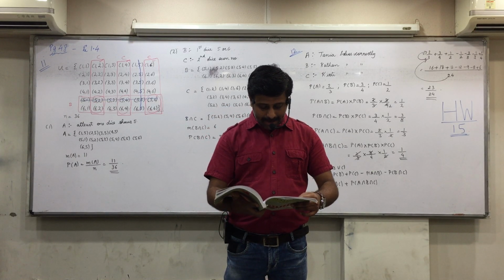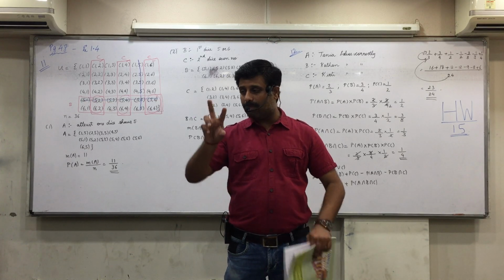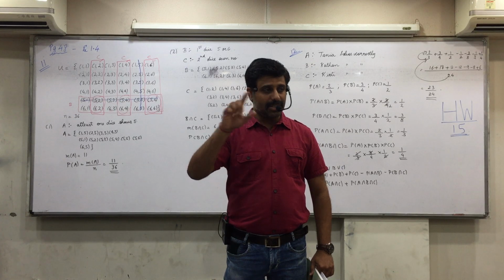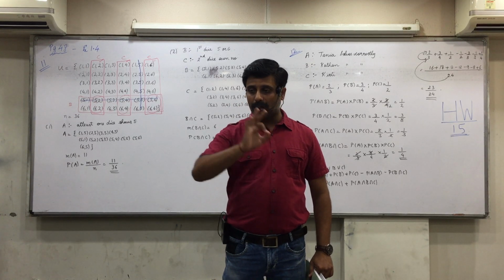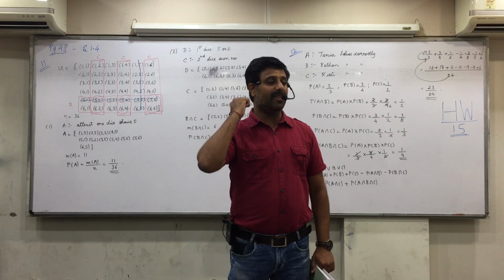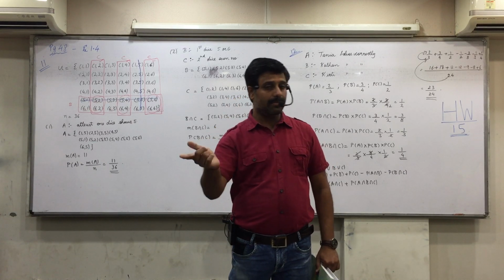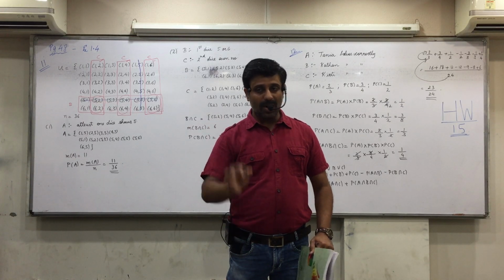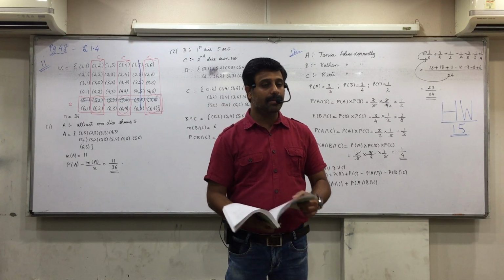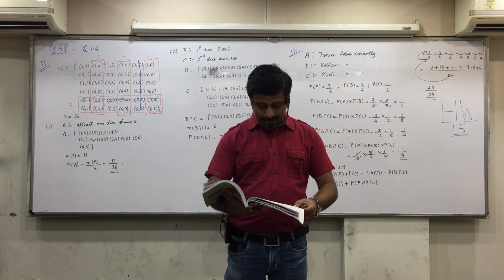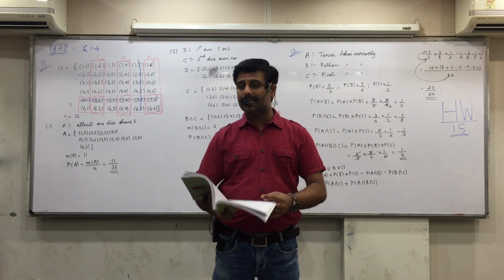If both of them attempt simultaneously, now tell me, can both of them hit the target? Yes. So A intersection B is possible and they are not mutually exclusive. Further, does the hitting of the target by A depend on B, or B on A? Means they are independent events. So how would you find A intersection B? P(A) into P(B). Now the question is, find the probability that the target is hit.